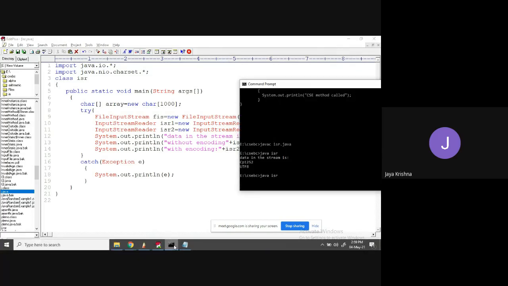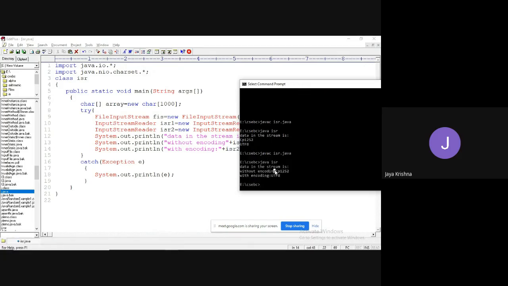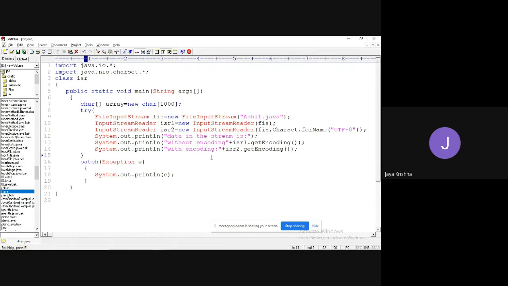So based upon the type of encoding that you use, it is going to define the result. See what happened. Data in the stream without encoding is using CP1252. With encoding, it is using UTF-8. So that is the advantage of the getEncoding method. Okay.